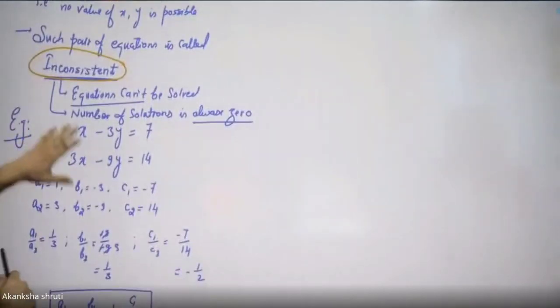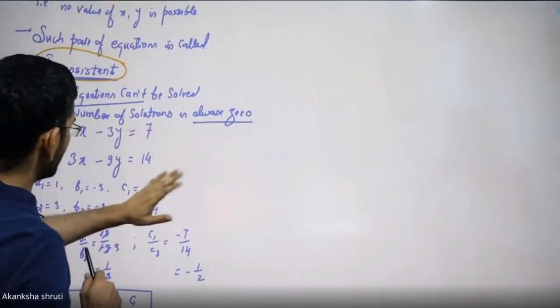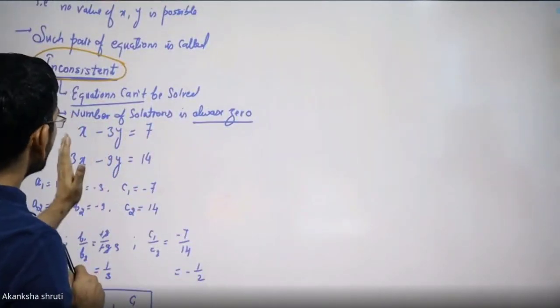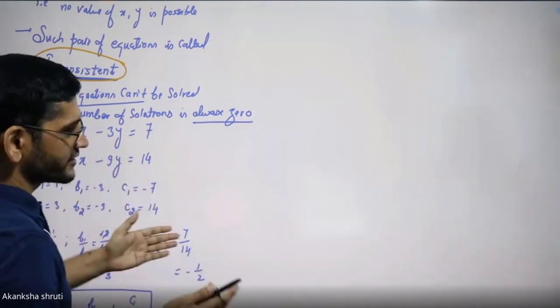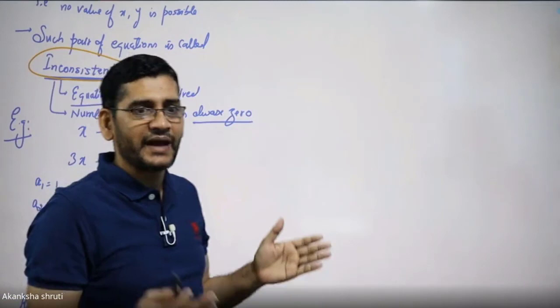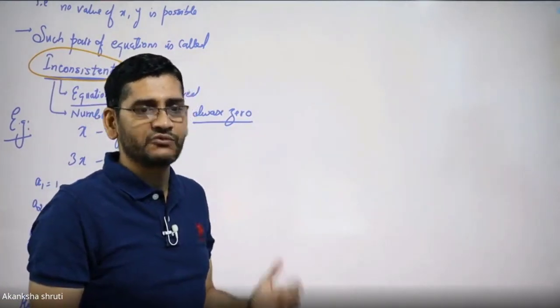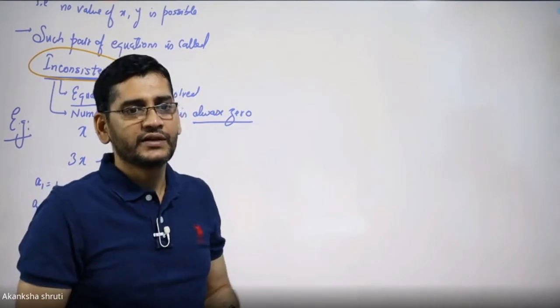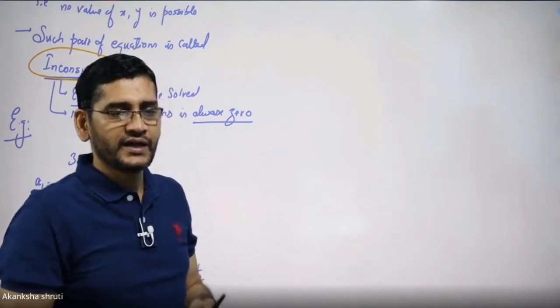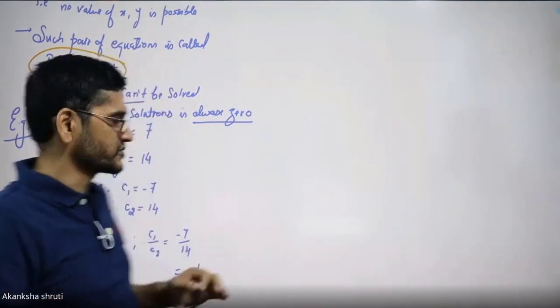Like here, if you want to solve, the solution method we will learn in just a few minutes, then we will observe that either both of them are cancelled, meaning the variable itself does not exist, and the basic rules of mathematics are violated, like LHS and RHS are not equal, or the LHS is something and the RHS is something else.